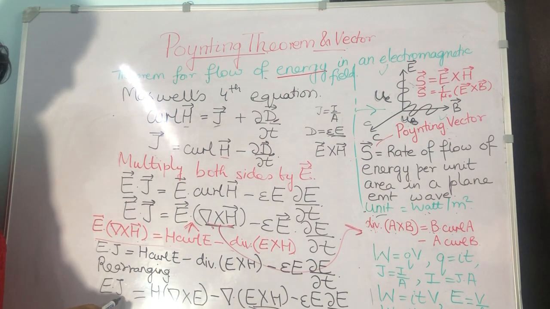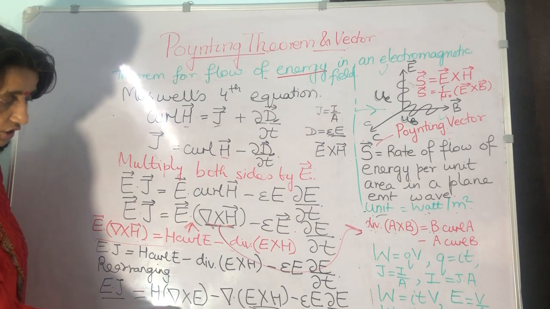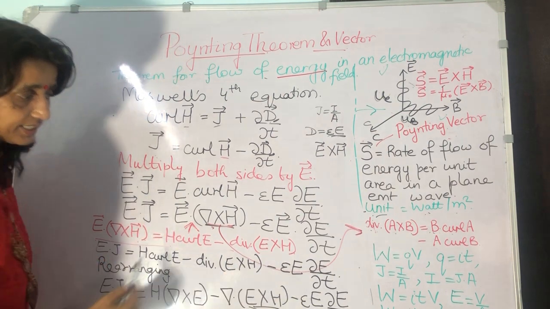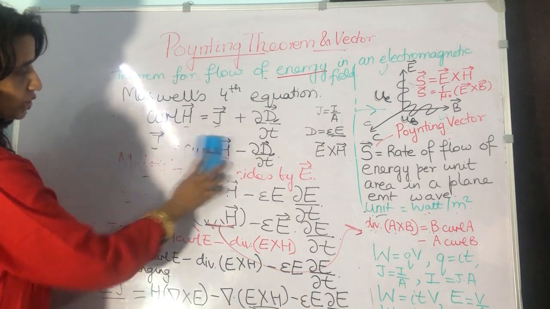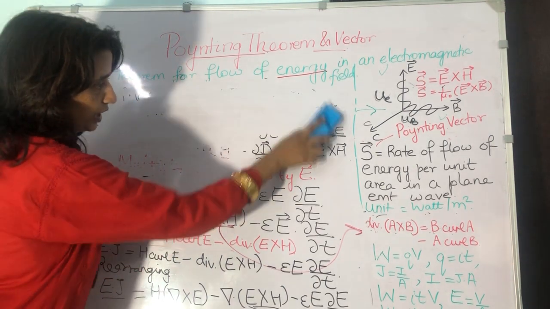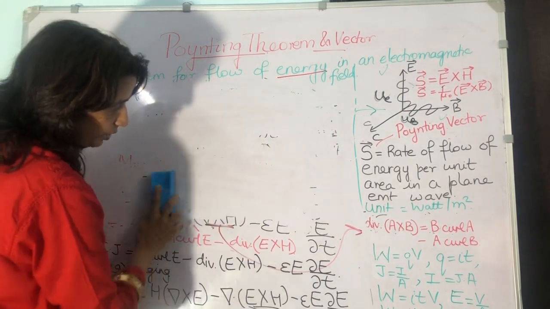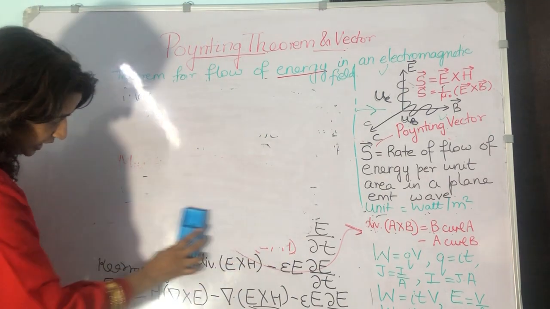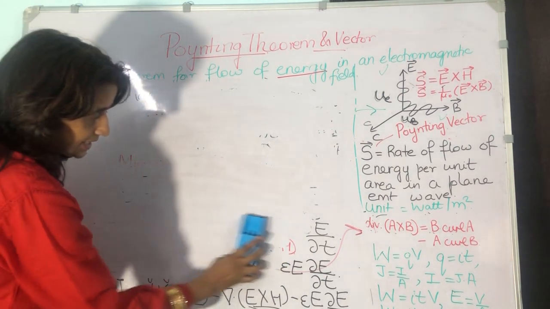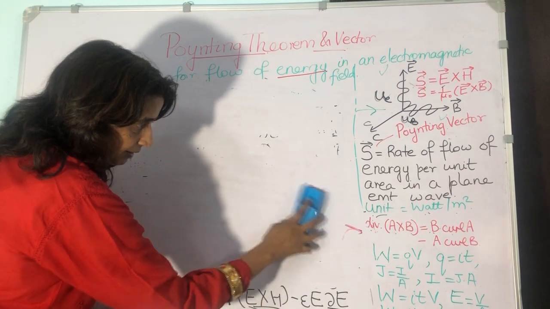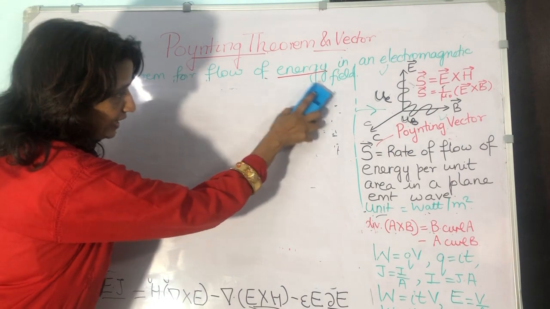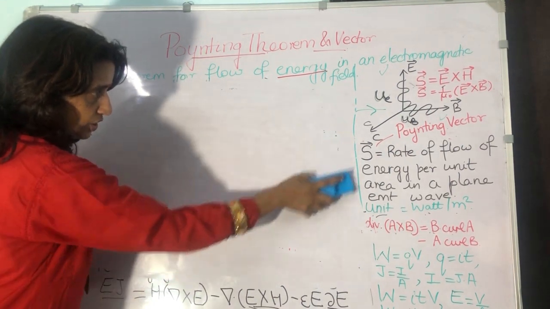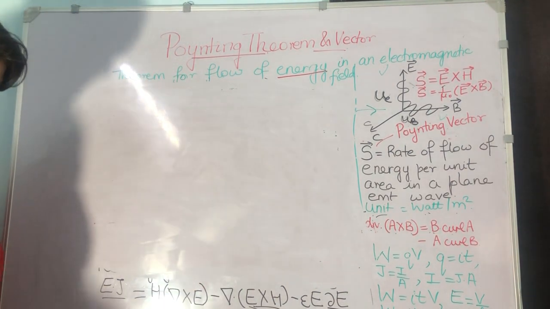But still, we have terms like E dot J to solve. We have terms like del cross E to solve. We have this term also to solve. Now, we will take Maxwell's third equation. What was Maxwell's third equation? Maxwell's third equation said that a changing magnetic field gives rise to an electric field in the opposite direction to the very cause that produces it.